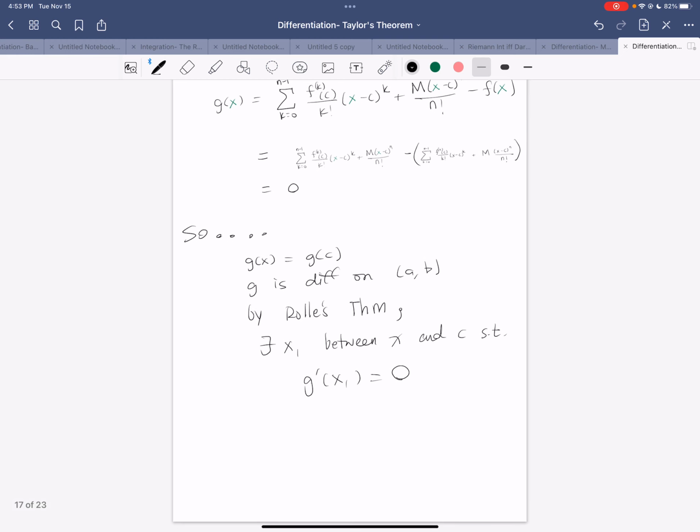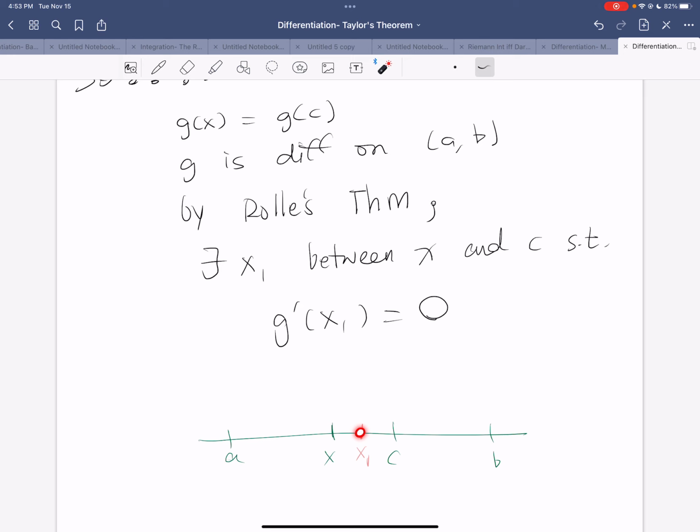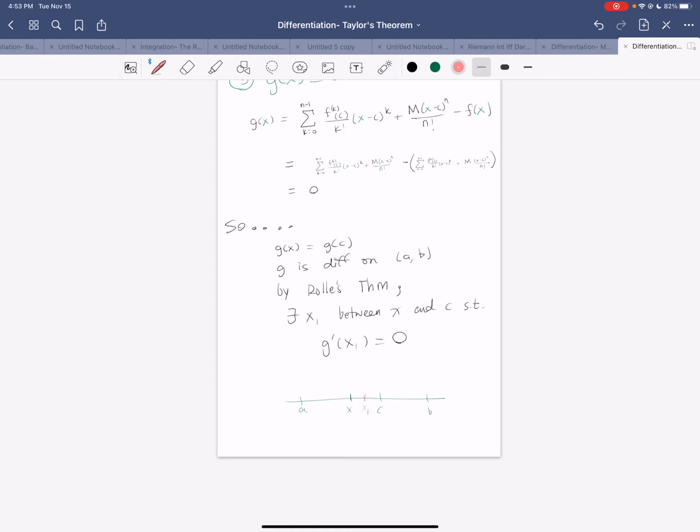Right? And so now let's just suppose that, here's c. So let's just suppose that x is less than c. x could be greater than c, it really doesn't matter. But suppose x is less than c. That means that there's some x1 where g prime of x1 is equal to 0. But remember, g prime of c is also equal to 0. g prime is still going to be differentiable on here and continuous on here, because g prime is differentiable on all of this, right? So that means there has to be an x2 in between x1 and c such that g double prime of x2 is equal to 0. So we'll apply Rolle's theorem